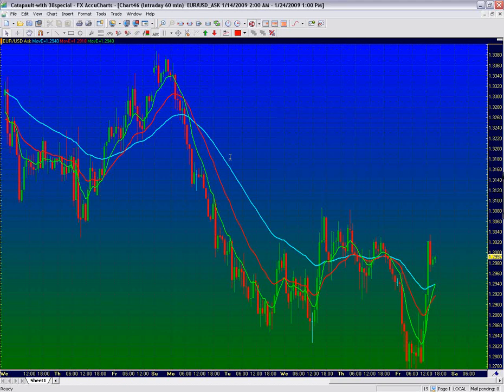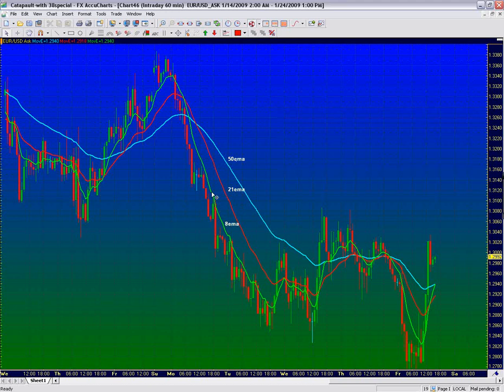We've got our 50, and I'm going to label these. I've got my 50 EMA, right? I've got my 21 EMA here in red. Okay, I'm going to label that. And then I'm also going to label my 8. I've got my 8 EMA, standing for exponential moving average. What do you notice? Well, they're all in numerical order from top to bottom. 50, 21, 8. What does that mean? That means we have trend to the downside. Whenever they line up that way, the 50 on top, 21 in the middle, 8 on the bottom, you've got